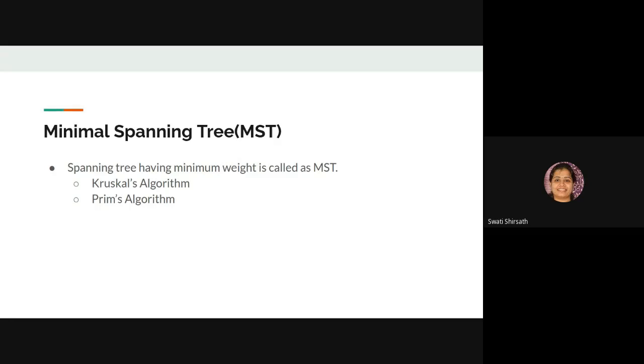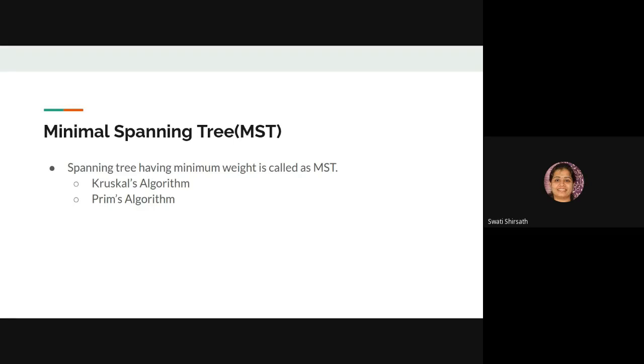So here we will be working on weighted undirected graph. ठीक है, we are not working on directed graph. So for this we have two different algorithms, Kruskal's algorithm and Prim's algorithm. Both are based on greedy approach. Greedy approach मतलब जो सबसे पहले छोटा मिल रहा है उसको ले लो and go ahead like that. Okay, so you'll be learning this greedy approach in design and analysis of algorithms in third year.